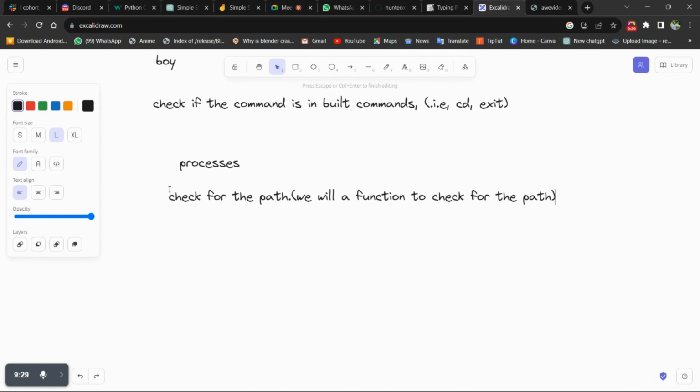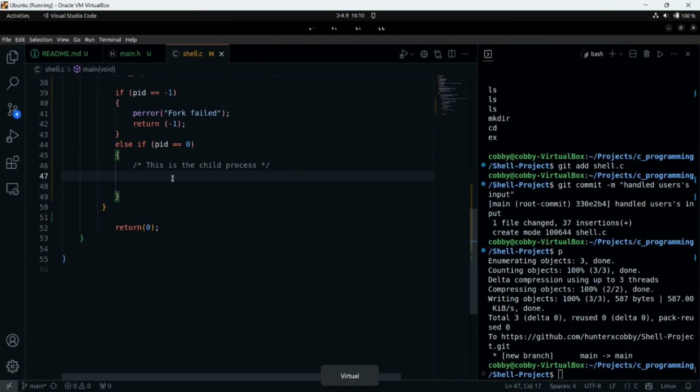But guys, please spare me. We will implement this function afterwards because I don't want you to confuse others. This function that we use to check for the path, let's call for a function we have not defined. I know, right? But either way, let's call for it. We'll use it. Don't worry. We will implement it. So we want to make sure we have a function that checks for the path.